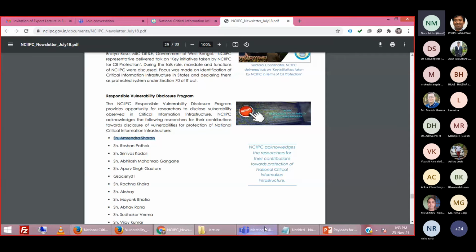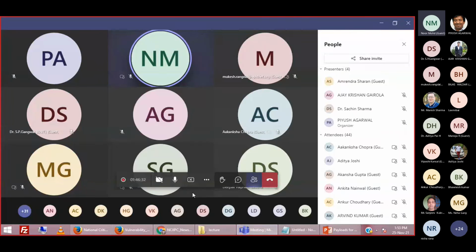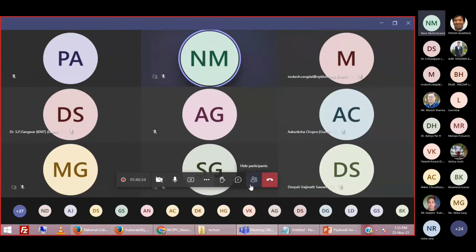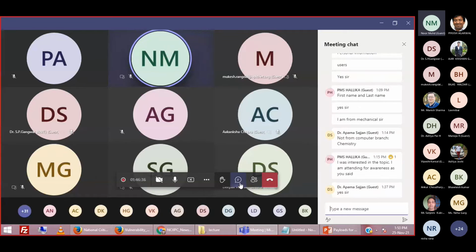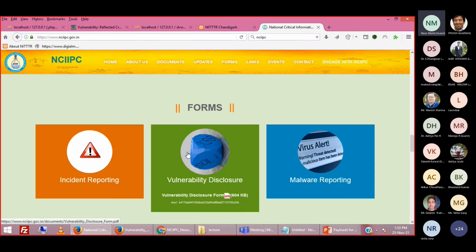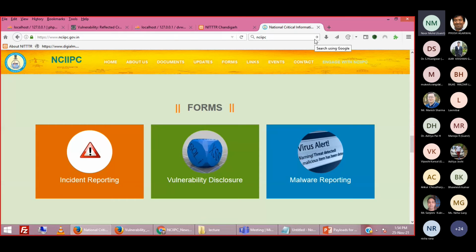They will put your name on the national portal, and this is the main motivation behind this. So you can also do these things and contribute toward your nation. Not only will you earn your name or fame, but many times you will get rewards like money also, from private companies, not government. The Government of India has not started bug bounty till date. It just gives you recognition, not money. But private companies give handsome money to you.